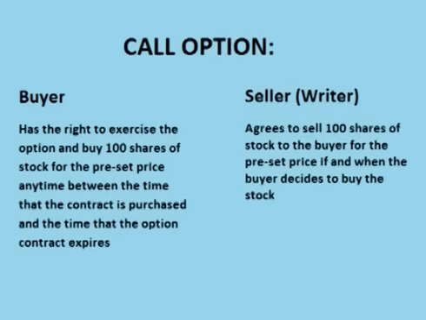An option is a contract between two people, a buyer and a seller. A seller is also called a writer because the seller is technically writing a contract and selling it to the buyer. When someone buys a call option, they are buying a contract from the contract writer, also called the seller. The contract states that the option buyer is entitled to buy 100 shares of a particular stock for a preset price. The contract also states that the option seller agrees to sell the option buyer that stock at that preset price, if and when the option buyer decides to buy it, up until the time the contract expires.